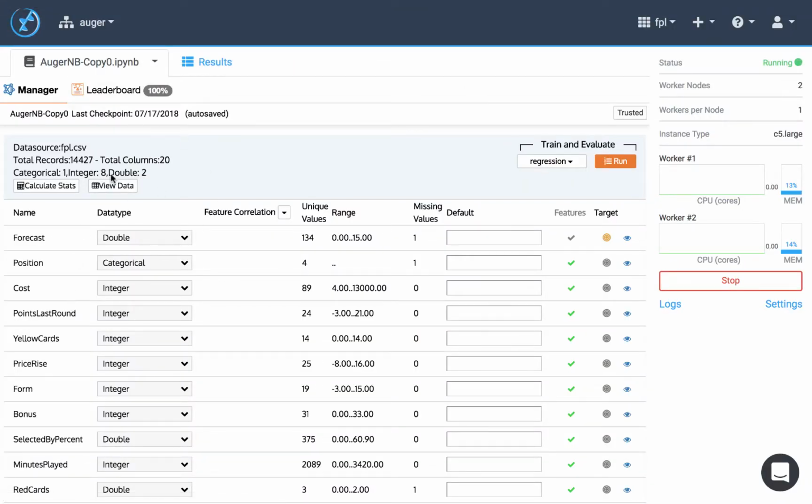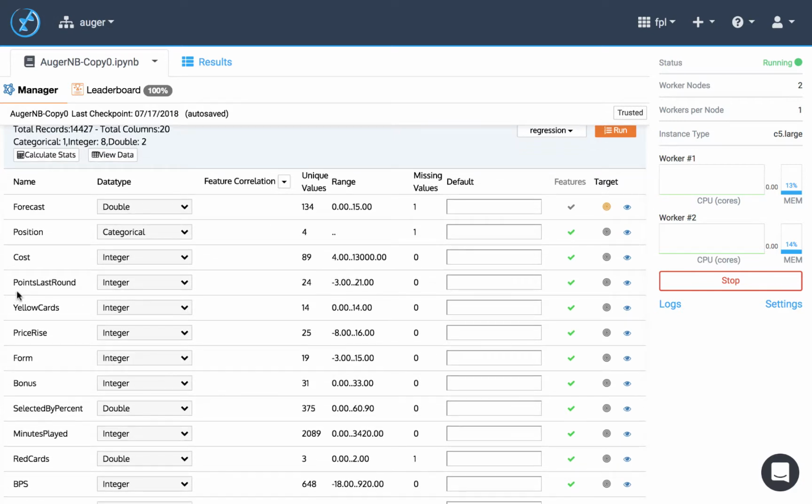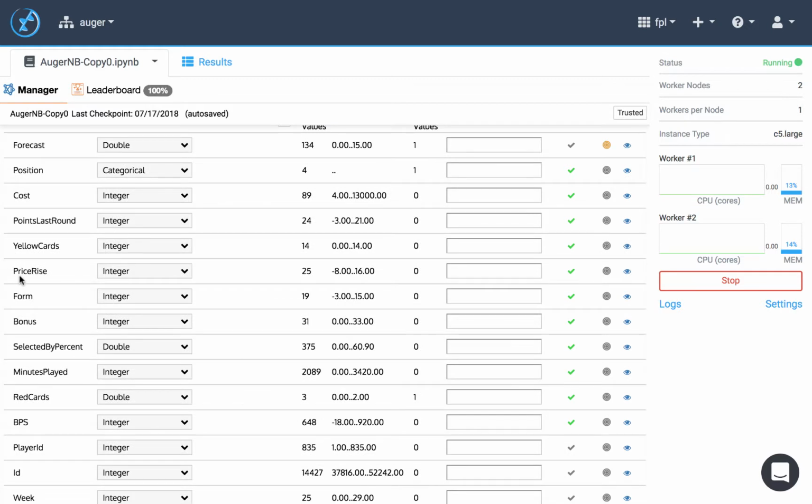When you go into Auger, you'll set up your app and create a project, and you will then load the data. And then we have various features here. We've made the forecast to be our target, which makes this model a regression model because we're forecasting a number. Then we have various input features that we're going to identify as the features to predict. Position, cost of the player, points last round, yellow cards, any price rise over the last week, a numerical evaluation of the form of the player,